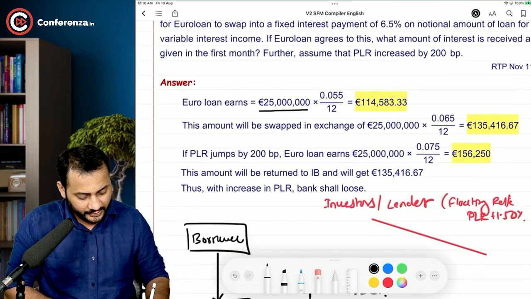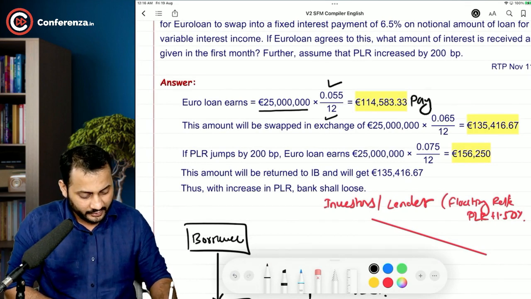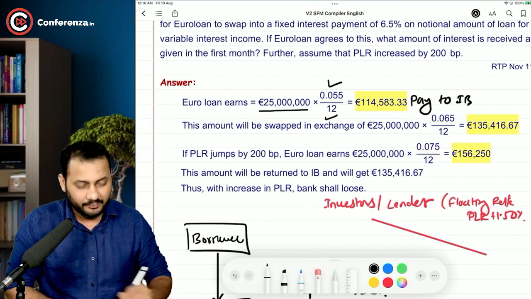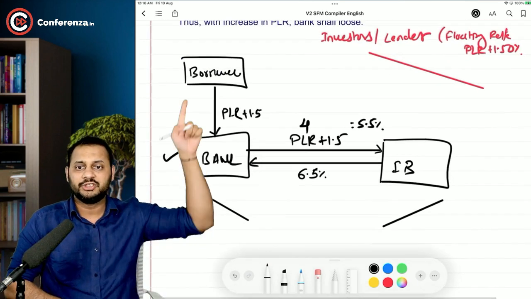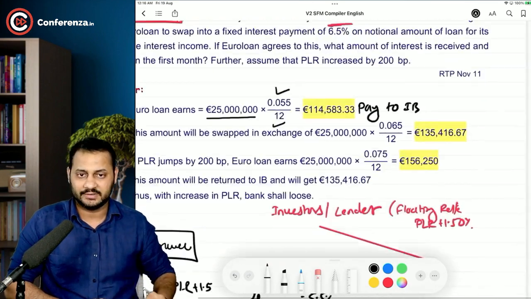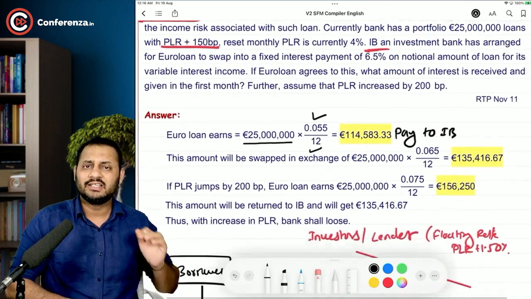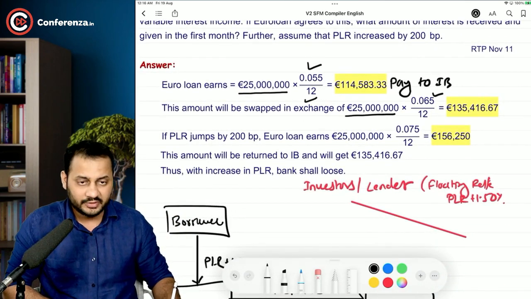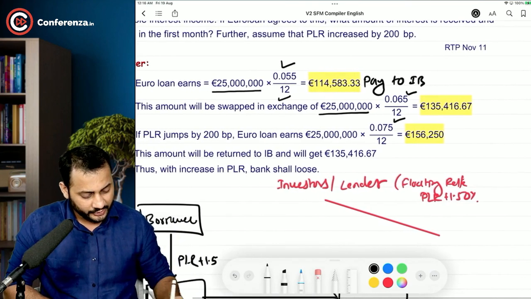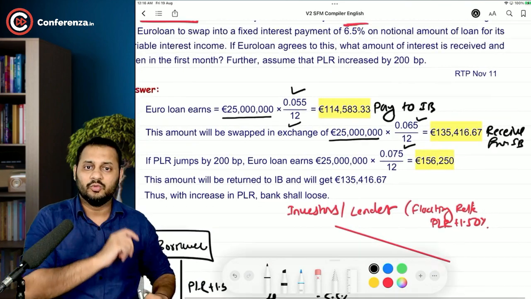25 million euros into 5.5% divided by 12. This is what you will pay to IB, because you promised him to pay the floating amount which you had received from the borrower. Then the amount Euro Bank will receive is the fixed 6.5%. So 25 million, 6.5% divided by 12, we are going to receive from IB for the first month. Now the second part,